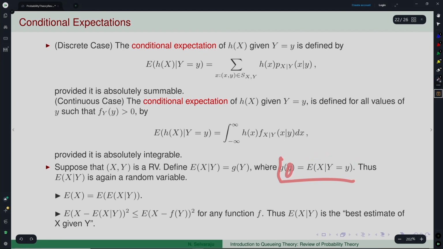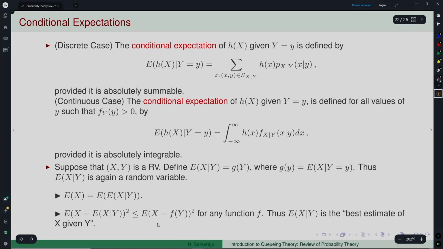Now, if I replace this small y by y, that is how you define this to be this, then this becomes a random variable which has these properties. Note here, this property is what is relevant for us, meaning that if you want to compute expectation of x, you can compute it in this manner. The implication of this is very relevant for us, that you can compute it using this condition.